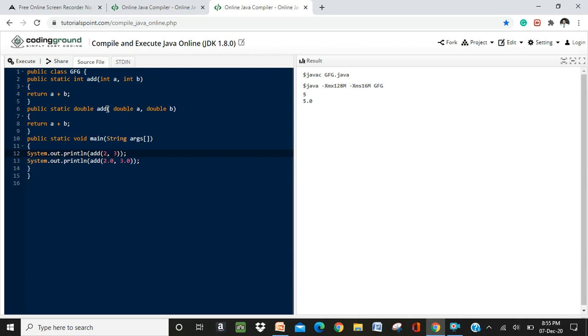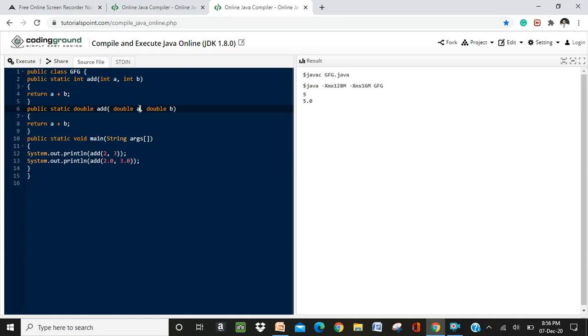That's the difference. So whenever it is 2 comma 3, it will select the integer function, so 2 plus 3 is equal to 5. Whenever it is 2.0 comma 3.0, it will select the double one, so it is going to return 5.0.